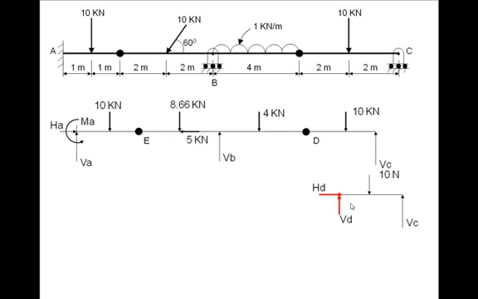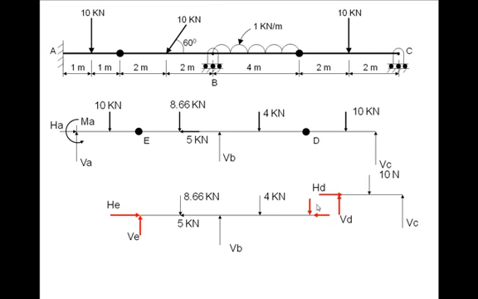This beam I separated out like this. How did I do it? At the hinge I put two reactions, HD and VD, and here is a complete beam on the right side. Now the same HD and VD, being internal hinge, I am putting on this beam from E to D. Here also, because it's an internal hinge, I am putting HE, VE and VB. So this E to D is the second beam, and the third beam is